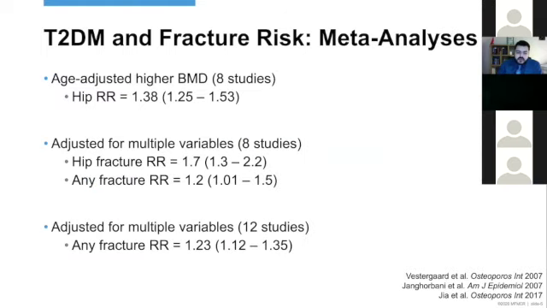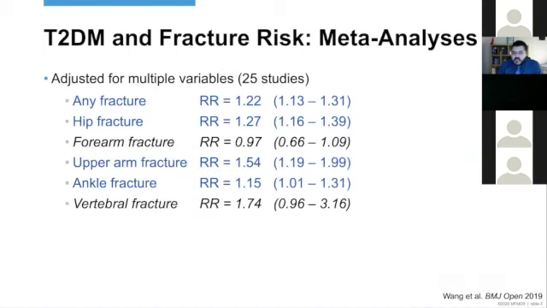Instead of going through all the studies that looked at that, I'm showing here pooled meta-analyses of studies, and along the years, more and more studies are coming up looking at that. And you can see that hip fracture and any fracture are increased in men and women with type 2 diabetes compared to the general population. And this is the most recent meta-analysis that I was able to find, dating from 2019, just a year ago. It looked at 25 studies. This is the largest we've had to date.